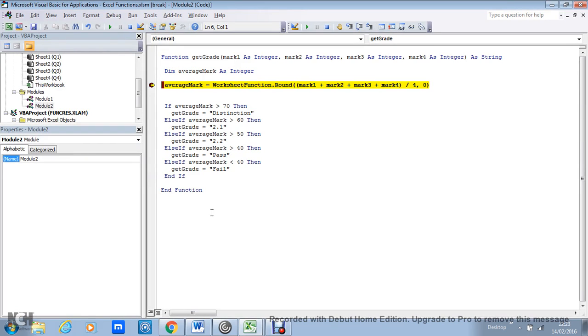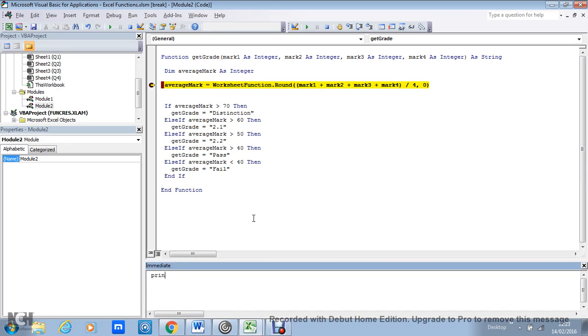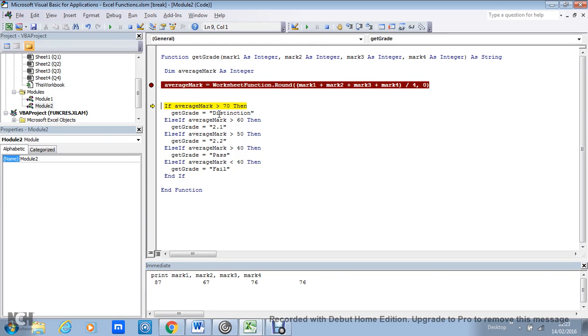So if I come up here, if I do Control G, print Mark 1, Mark 2, Mark 3, Mark 4, you can see they had the values that were passed in from the spreadsheet. Mark 1 was 87, Mark 2 67, and so on. So they're the values that are passed in when the function is used in the spreadsheet. If I then work out what the average mark is by pressing the F8 button, I'll print average mark,